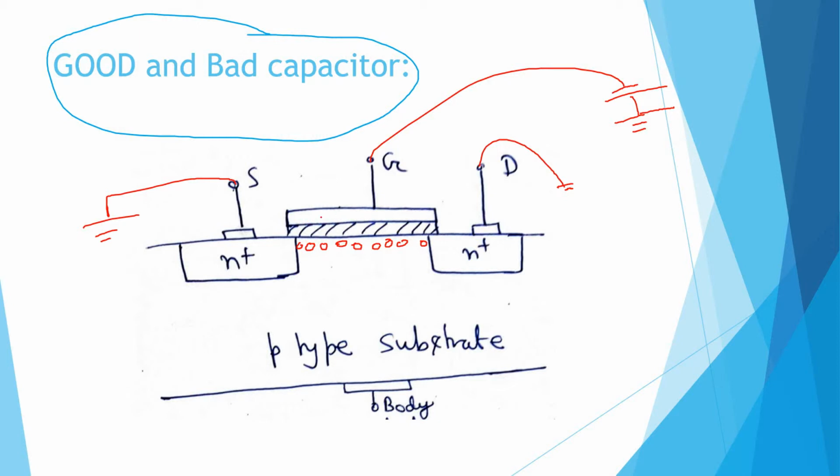See, this is one metal layer of negative charges, then one insulator layer, then one layer of positively charged accumulated holes. This will form one capacitor, but this is fine. Now we should judge whether it is a good capacitor or a bad capacitor. See, you just try to understand. Here this is N plus and here this is N plus. These two are also called N regions or N wells, and in between there is one positive plate, you can say, which is formed by the holes.